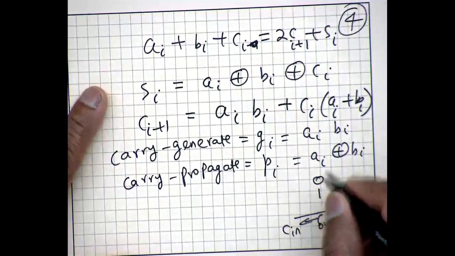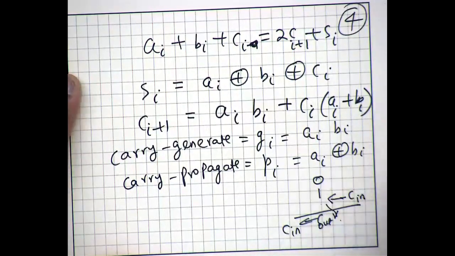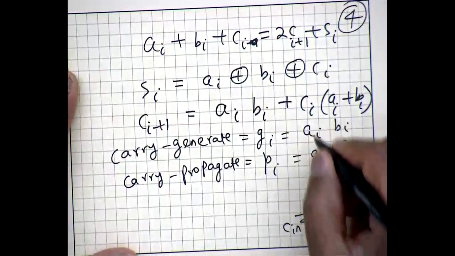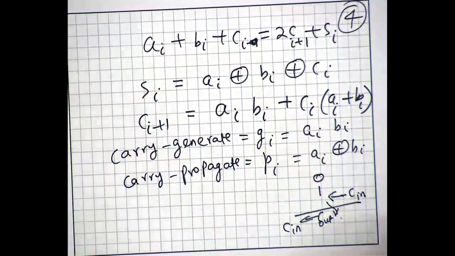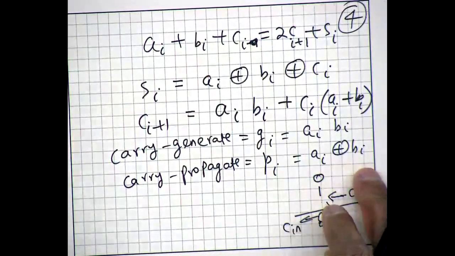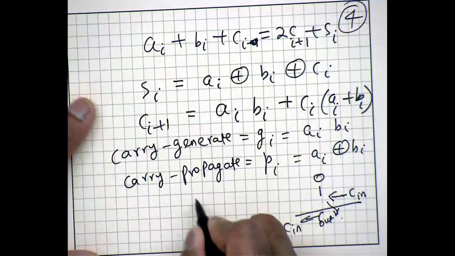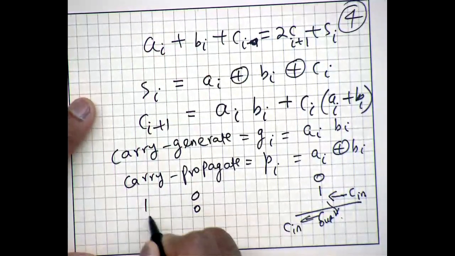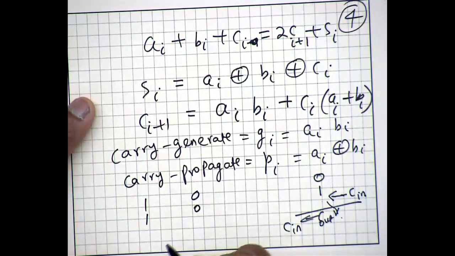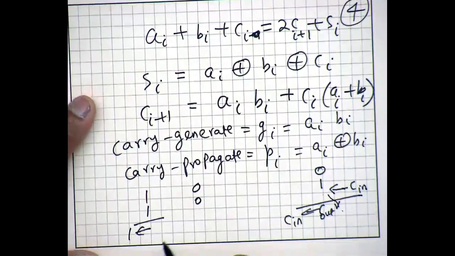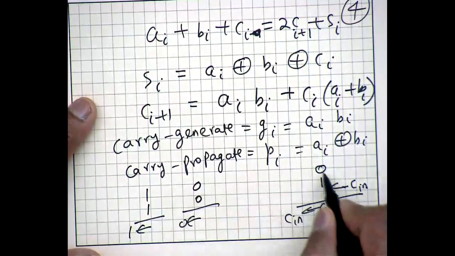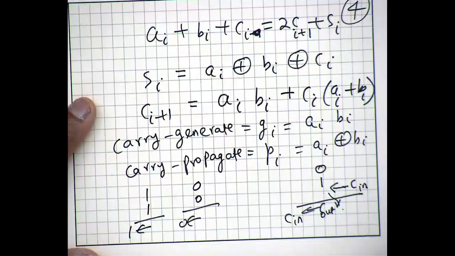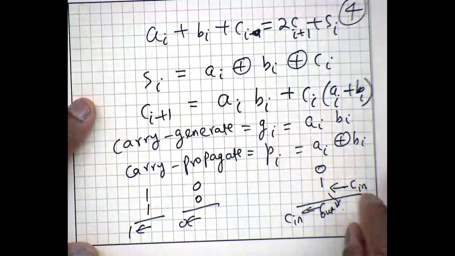When exactly one of them is 1, that's the exclusive OR. And we say that carry is generated when both of them are 1s. Both of them are 1s, then the carry generate is 1. We generate a carry. So here we are propagating a carry. If the inputs are 0 times 0 or 1 times 1, we are generating a carry, which is A times B. So this 0, 1 is the same as 1, 0. It doesn't matter. That's what we call carry generate and carry propagate.